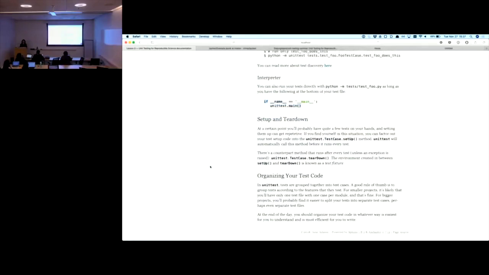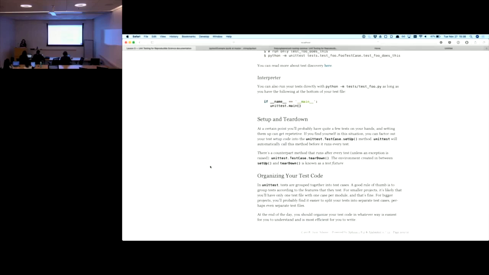Okay, we're getting close to actual test running time. At a certain point, you'll probably have quite a few tests on your hands, and setting them up, like importing your code and setting up the combinations that you want to test, can actually get pretty repetitive, especially if you need the same artifacts around and you're passing them to lots of different tests. If you find yourself in this situation, you can factor your test setup code into